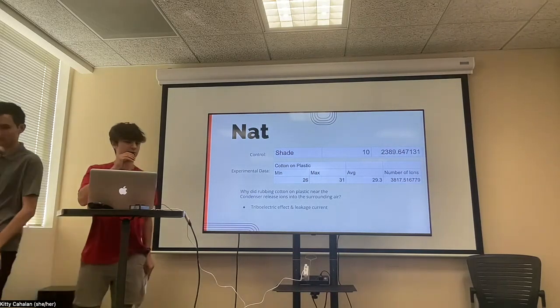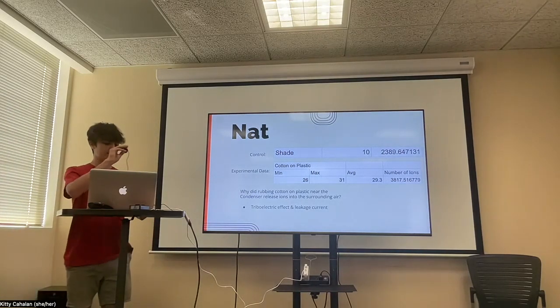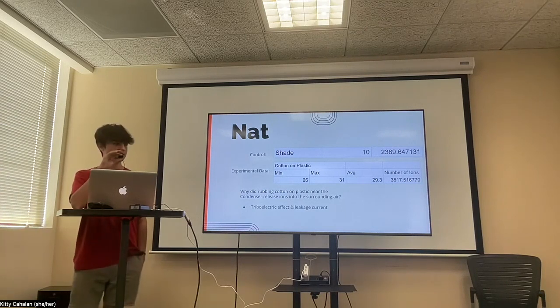And an explanation for why each data set is different, like actually different for measuring the amount of ions, is because each device is calibrated differently. So it measures a different amount of ions, but the general trend among it and the general percent increase should be similar. So for my personal data, what I measured